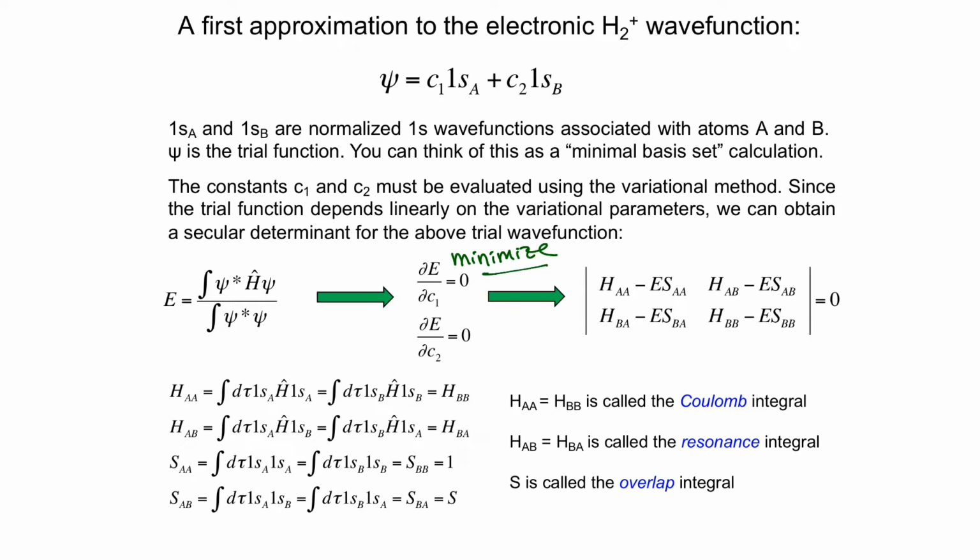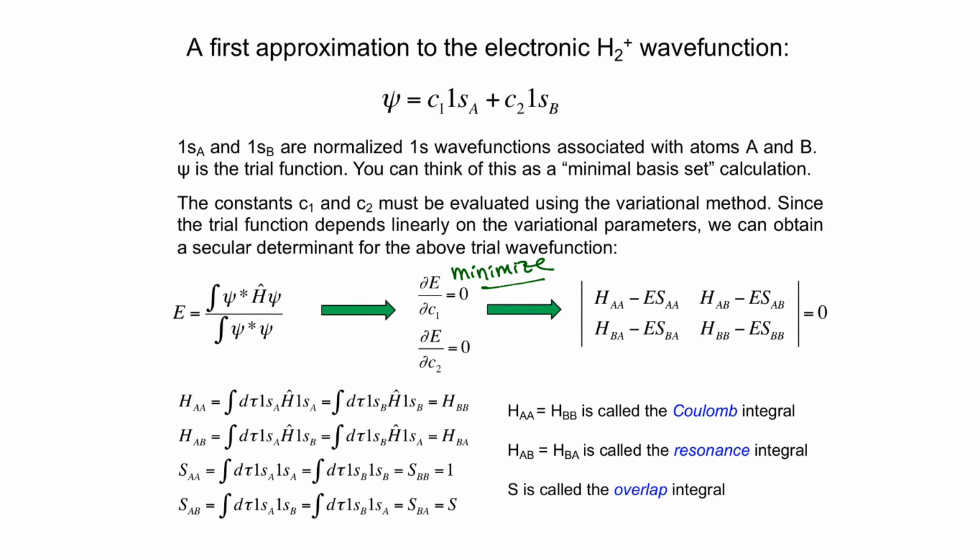Okay, so this is the key that's happening there. So minimizing with respect to the variational parameters. Remember, we always want the minimum energy level for these types of calculations. And then after doing that, you will be able to assemble your resulting expression into what we call the secular determinant, which would be